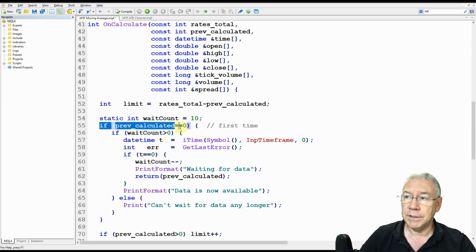I have a test here that says if prev calculated equals 0. That means this is the first time I've been in here or something significant has happened that has caused prev calculated to be reset to 0. Those significant events don't happen very often. Typically, this is just on the first time through. So if this is the first time through, I may not have any of the higher time frame data. As long as the wait count is greater than 0, I'm going to be decrementing this if we have failures,